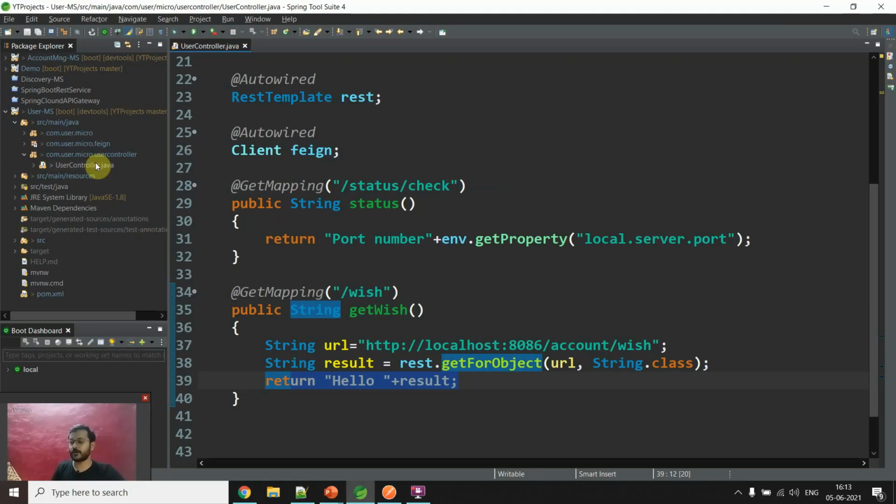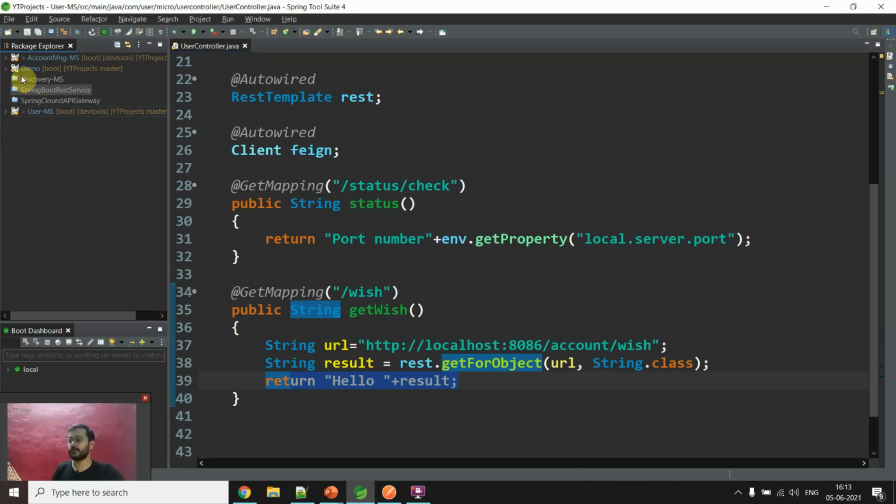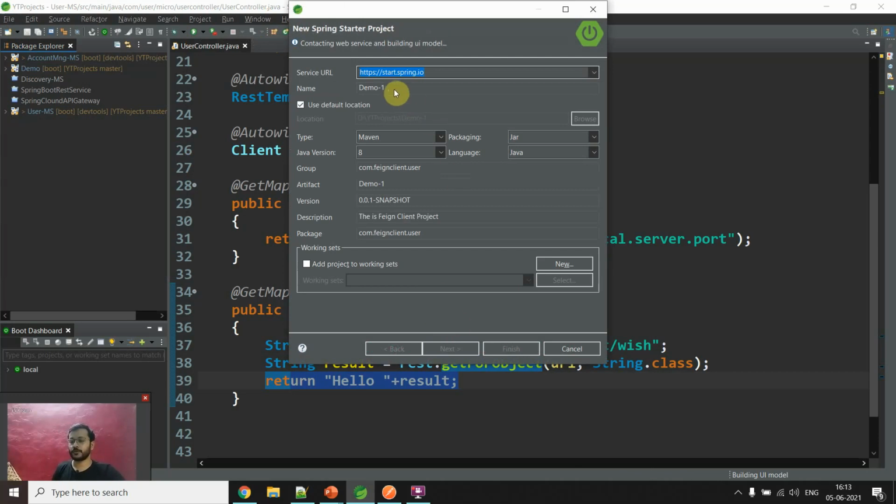I don't want to make a mess in this microservice, because I want you to understand first what the Feign client is. So I will make one dedicated project for that. So new starter project, not demo boot, we will say Feign client project.